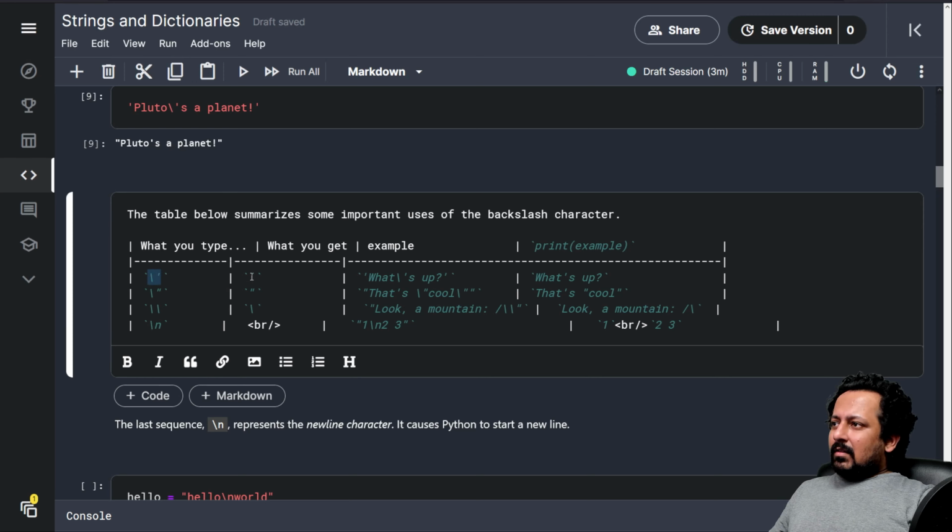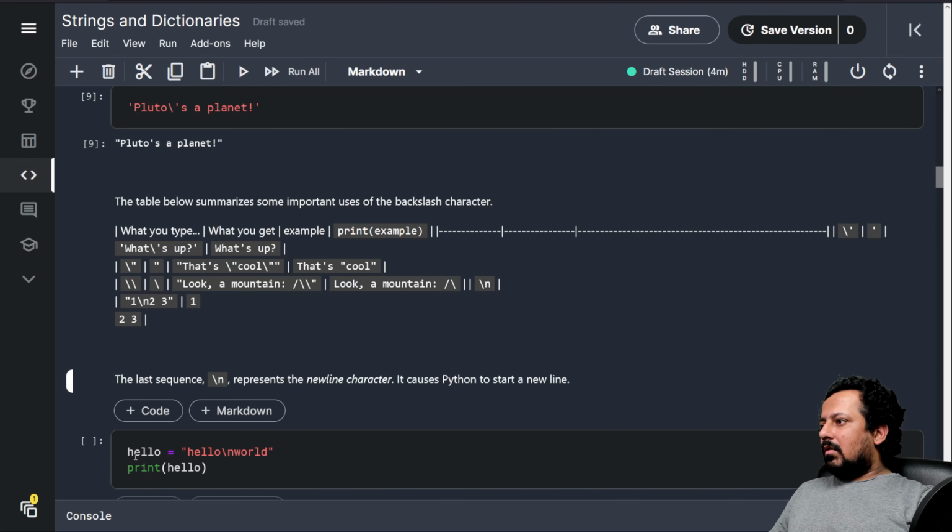So this is another kind of quote. This is single quote, this is double quote, and this is two backslashes, which means it's going to print one backslash. And then you have slash n. So slash n is new line. It's not very visible here, so I'm just going to show you what it means.